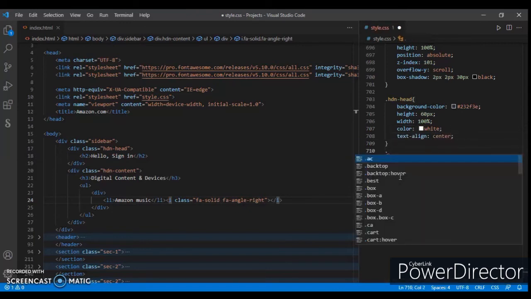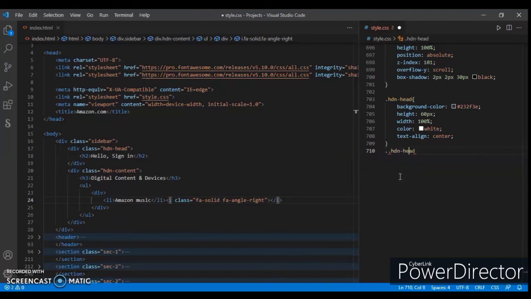Now dot hidden head, now focusing on h2, line height 60 pixel, dot HDN